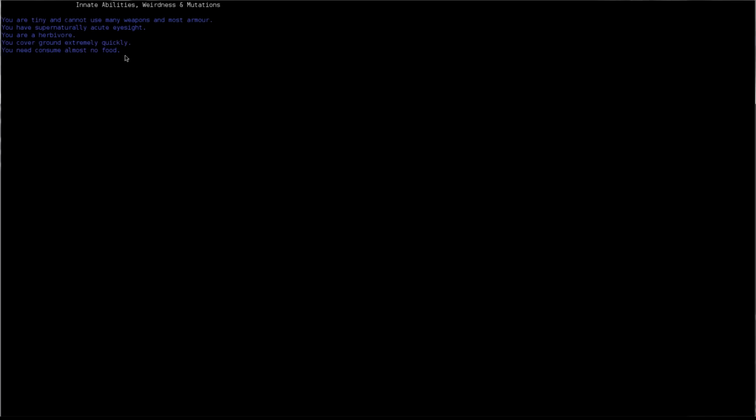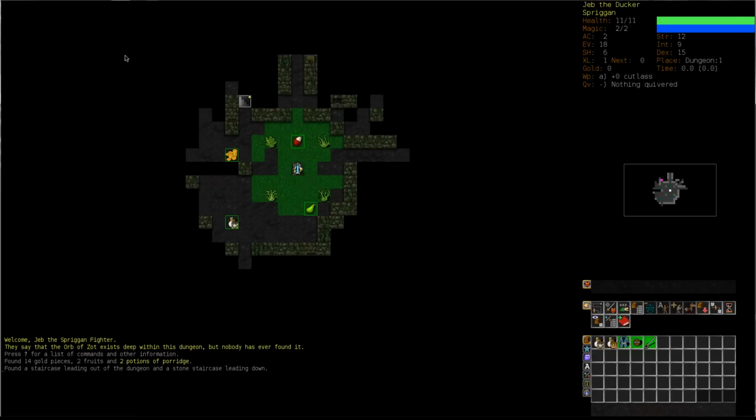short words. Now Spriggans are tiny, they're the smallest of all the classes and cannot use many weapons and most armor, which means we are limited to robes and hides, I believe. And I'm not even sure about the hides. So most of it is just robes for us. We have supernatural acute eyesight. We are a herbivore, which means we cannot eat meat at all. But we have a very slow metabolism, so we need to consume almost no food. And we cover ground extremely quickly. So basically, if you imagine a hobbit of half of his size with twice of his speed, that's basically a